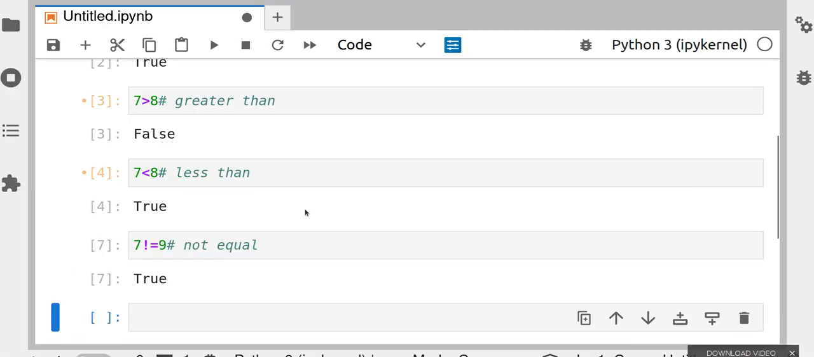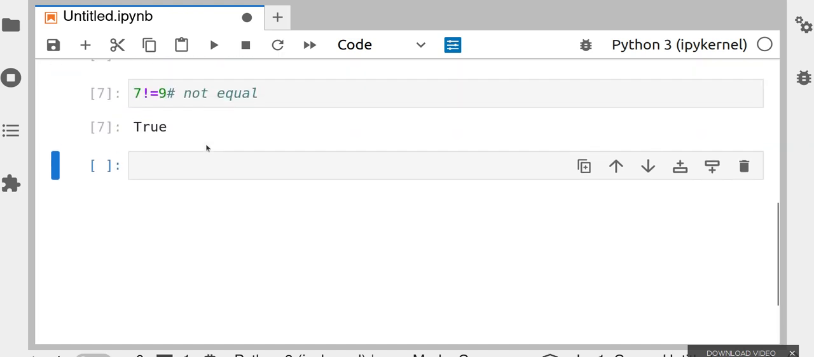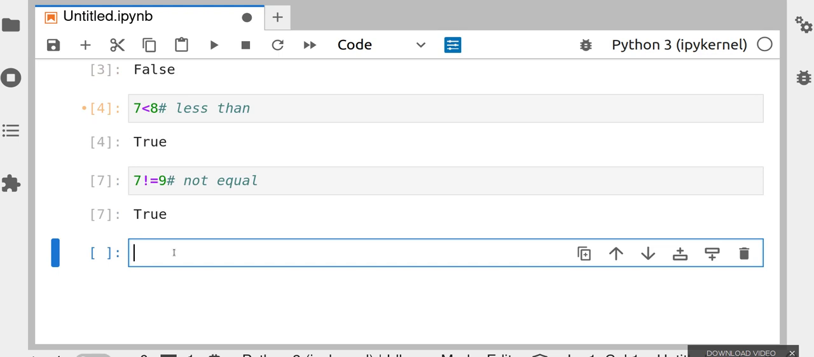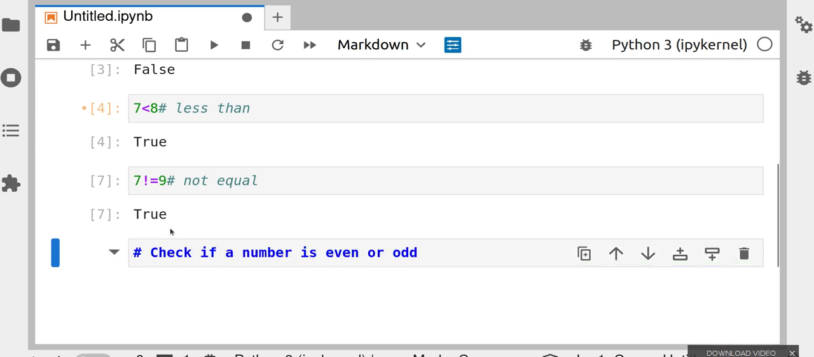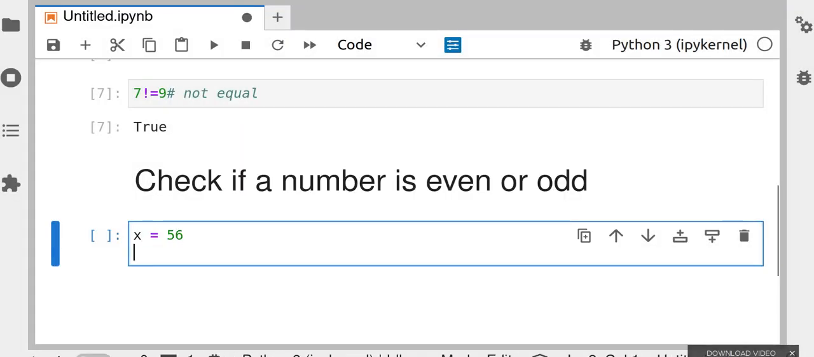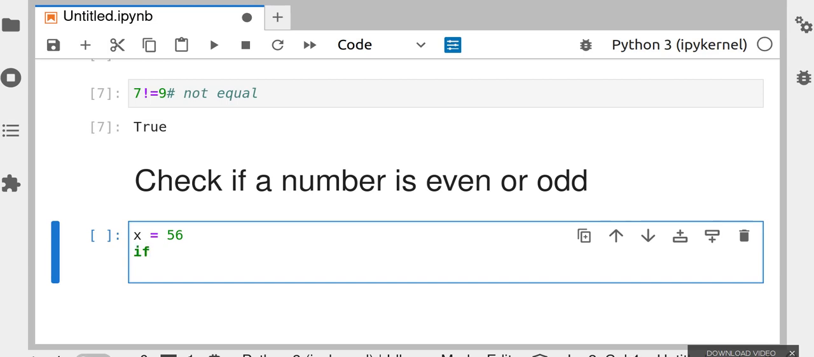Let me quickly think of an example where we need this. Let's say I want to check if a number is even or odd. So how do we check? Let's just take any number. So let's say x = 56. So we now say if x